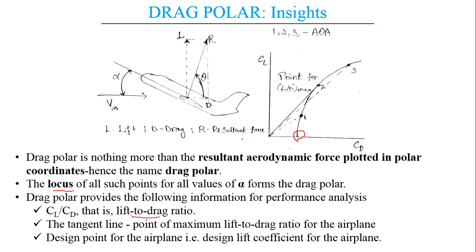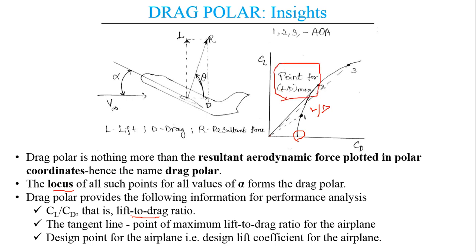When I draw a tangent line from the origin to the curve, the first point provides us with the lift to drag ratio. And when we draw the tangent line to the point of maximum lift to drag ratio, that is from the origin to the second point, we can see that the second point is the highest point of the curve. So when I draw a tangent line to this curve, it provides us with the maximum lift to drag